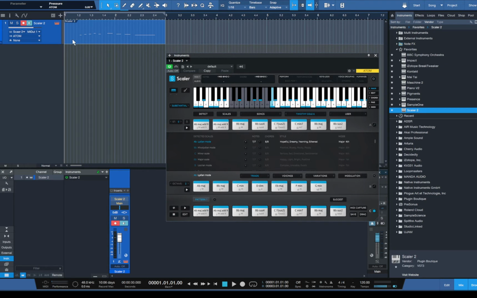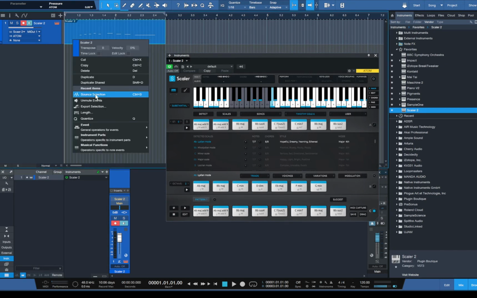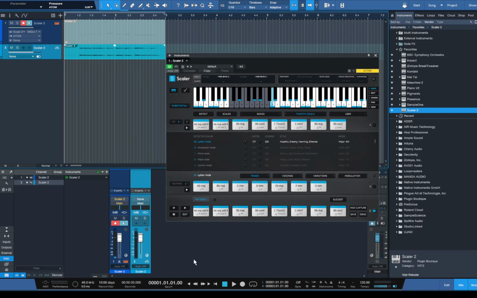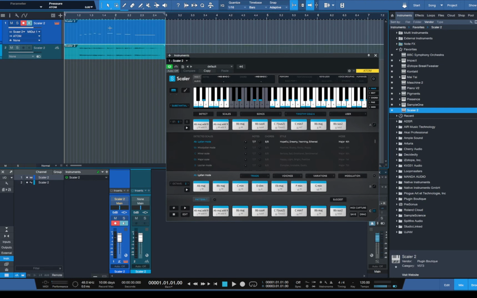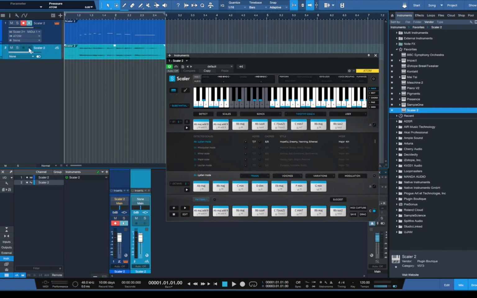So an easy way to deal with that in Studio One is just bounce the selection, right? If you're a Studio One user, you're familiar with that. So now if I play that, we get the audio, but you'll see nothing's happened inside Scalar because this MIDI track has been automatically muted by Studio One, so we're not getting any of that sound coming back in. Now to unmute that, I've done it before, so it's already here, but if you go to your event, unmute events, and now you'll have this. So if we mute this guy and play the Scalar,